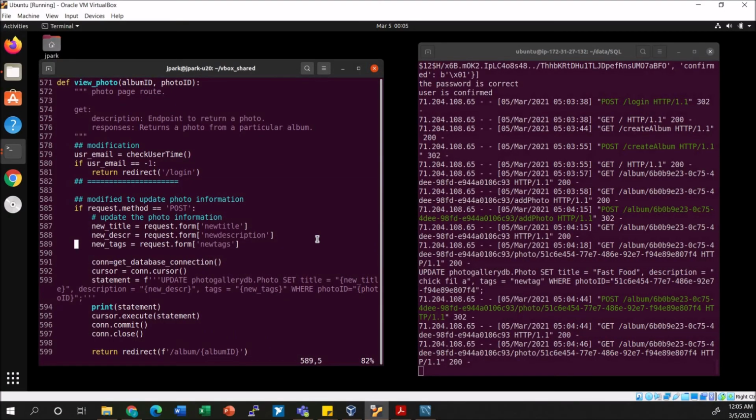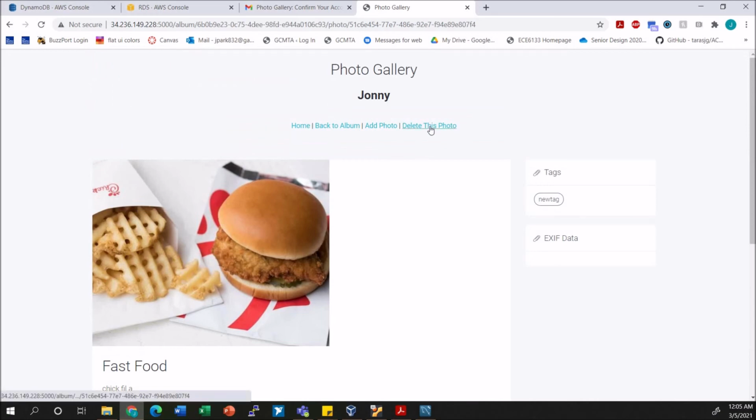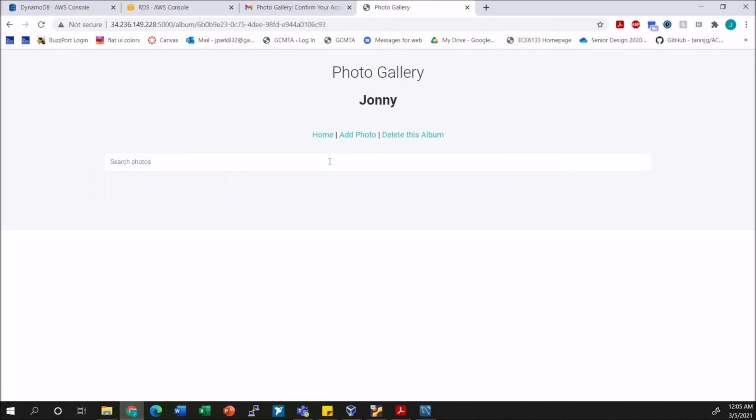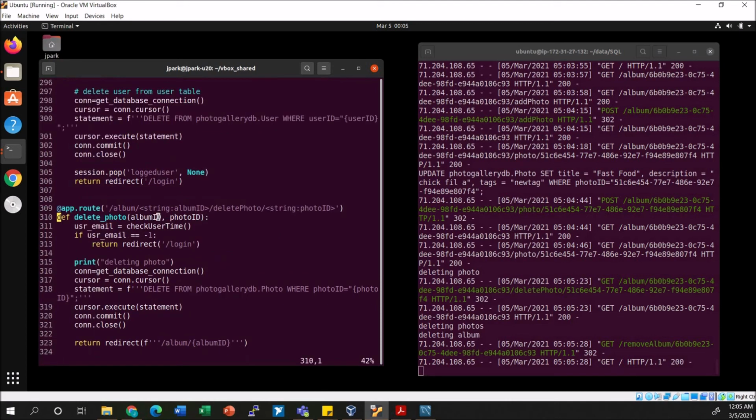What else? We want to delete the photo. We can delete it. If we want to delete an album, we can delete it. And those functions can be found here. So if we delete a photo,